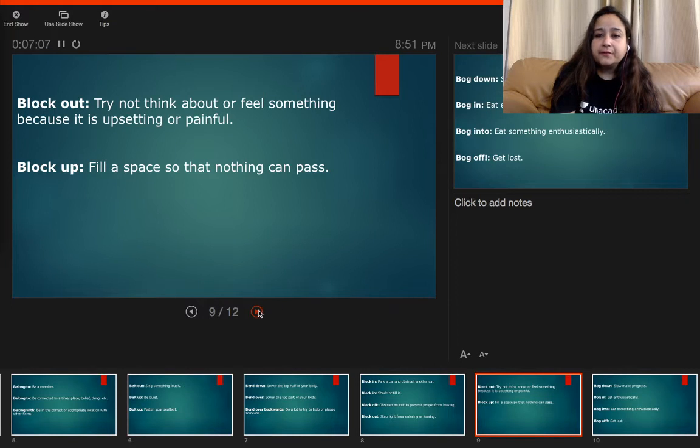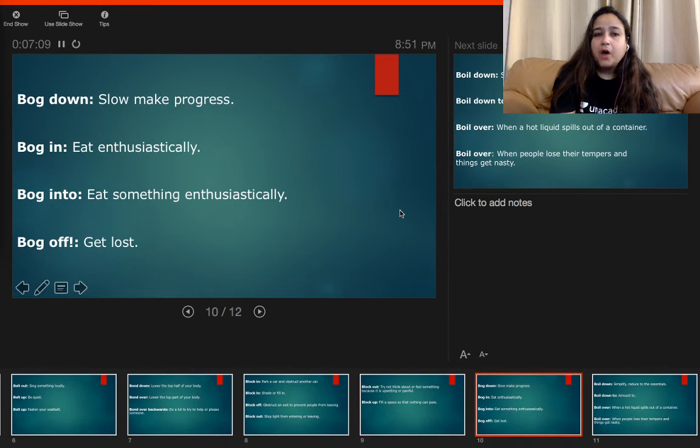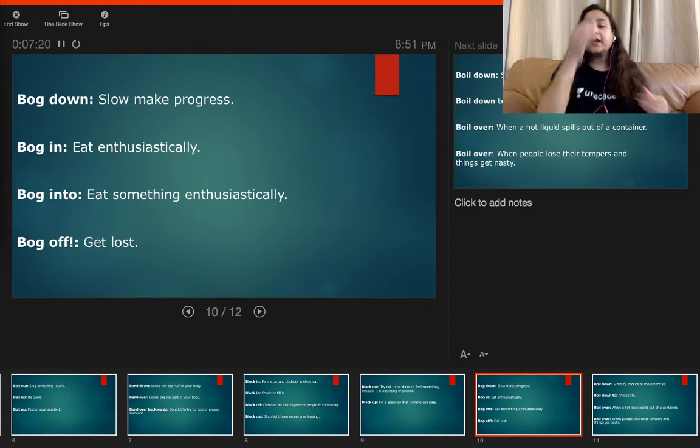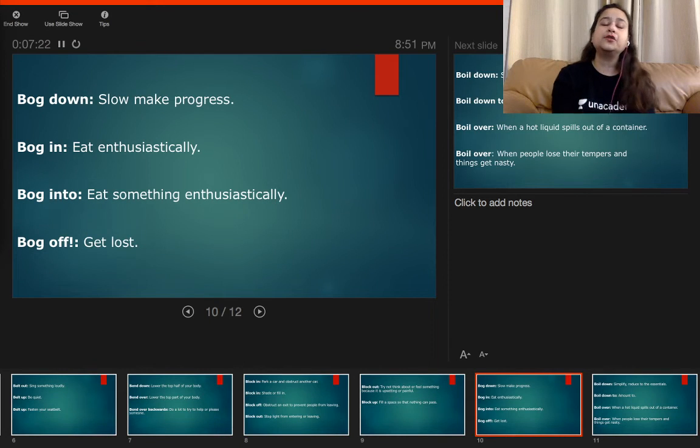Then coming to the next few phrasal verbs. Now here, bog down. So bog down is to make slow progress, or it would also be, he was bogged down by the circumstances. It's a very good phrasal verb in today's times when there is a coronavirus and everybody is feeling bogged down, the economy is bogged down, we are feeling bogged down in our progress because we are all at home and you're not able to work properly, you're not able to go out, you're feeling down, so you're feeling negative and the progress is slow, so you are feeling bogged down.